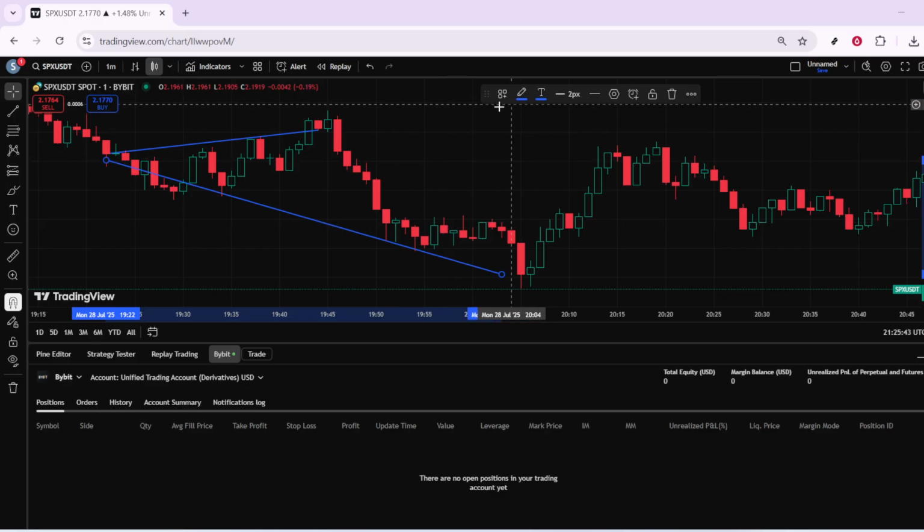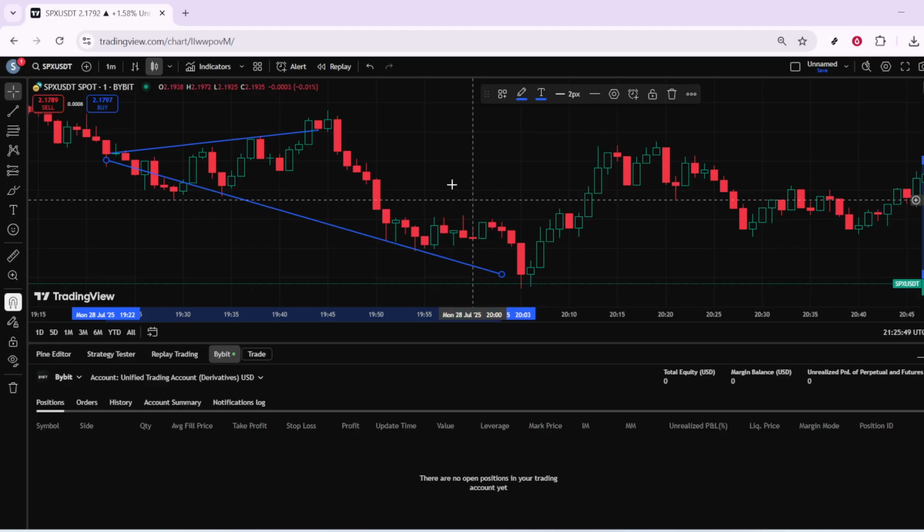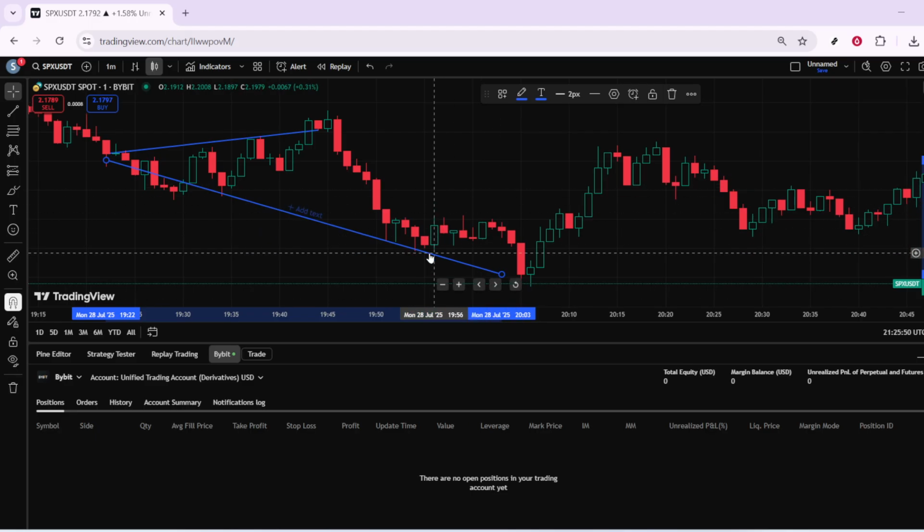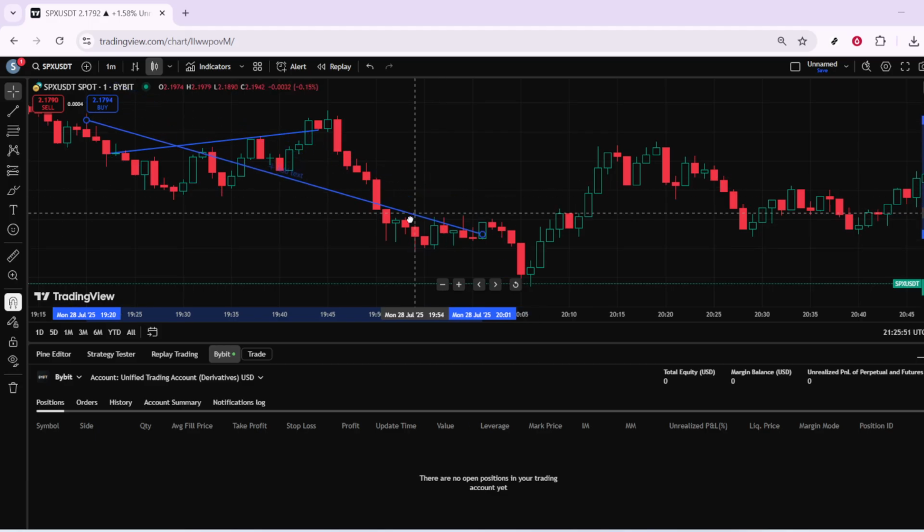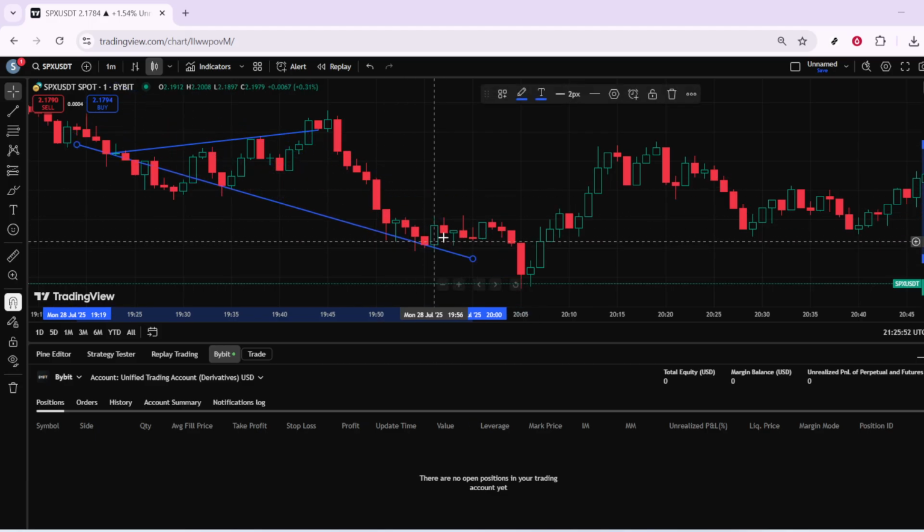By mastering these basic steps, you can develop a more refined approach to analyzing and predicting market trends. I hope you found this tutorial helpful. Remember, as you get more comfortable with these tools, you'll be able to layer in more sophisticated analysis over time, enabling you to make more informed trading